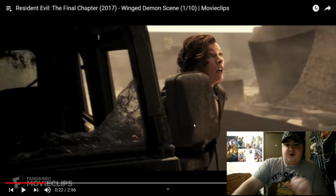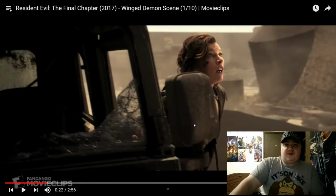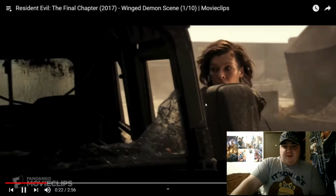Definitely would not show the monster in all its form this quick. I would probably have Alice, she's not supposed to be looking directly at it. She's just trying to get the fuck out of there. So just have the camera follow around to the back of the Humvee as she immediately gets in,